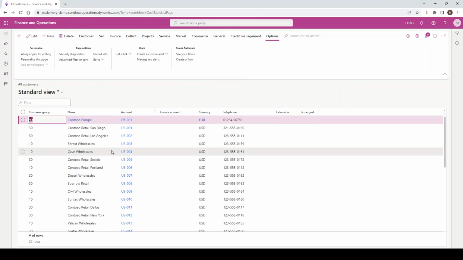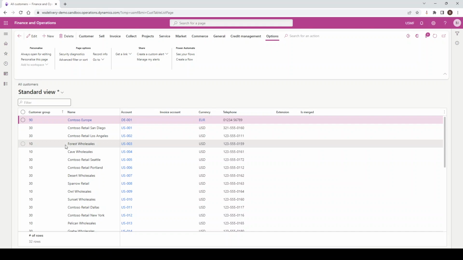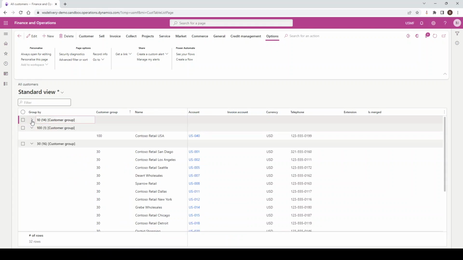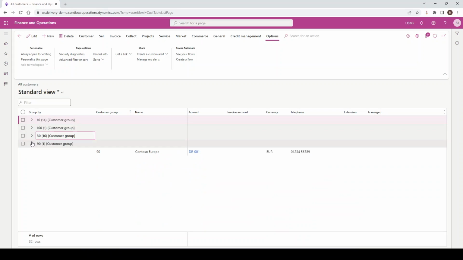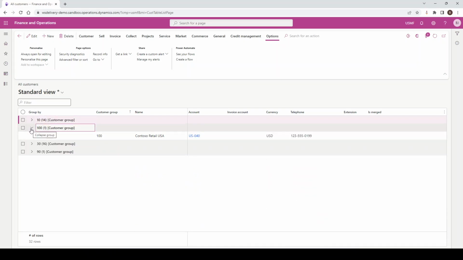An additional thing that can be applied is you can group by columns. So I'm going to group by this customer group field. And what you'll see is that the data is now grouped into that particular subset of data. This can be really useful when you're dealing with large volumes of records. So in this context, I have 14 records with a customer group of 10. I have one record with a customer group of 100, 16 for 30, and